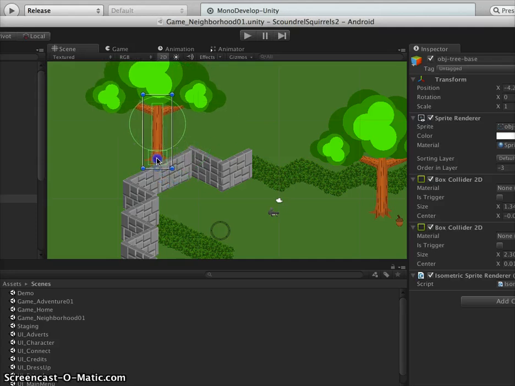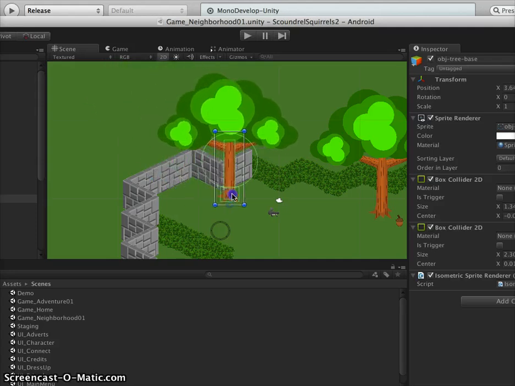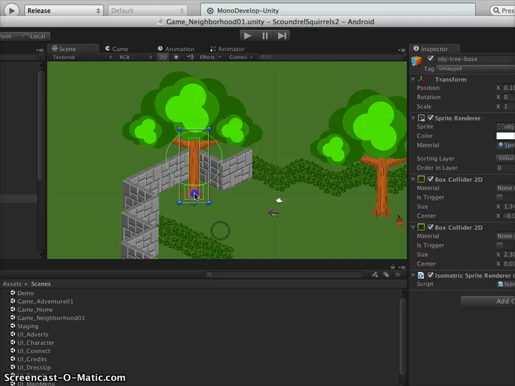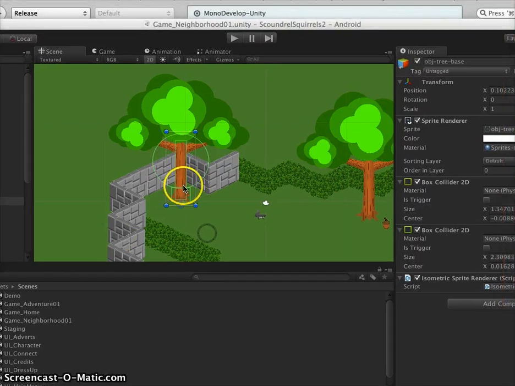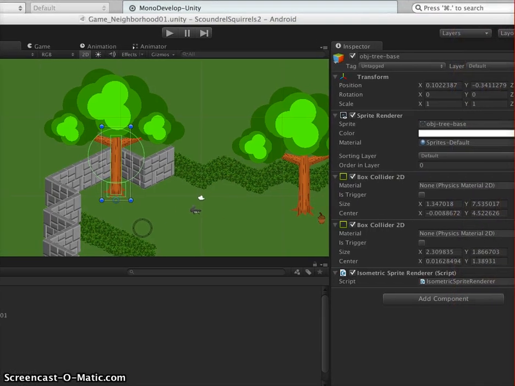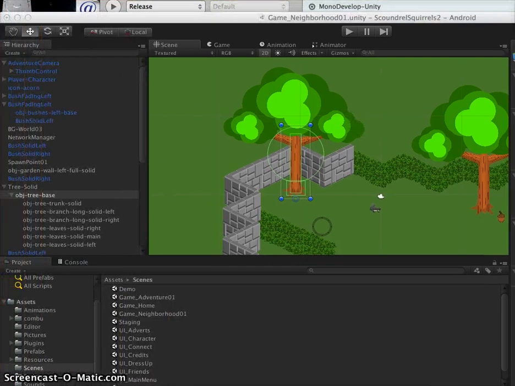They also have the Z ordering feature applied to them. But one of the things that I noticed is that the trunk of the tree was rendering behind the stump down at the bottom. So what I did is I applied an order for each of the objects here. If I can move the screen over, I have the stump, and